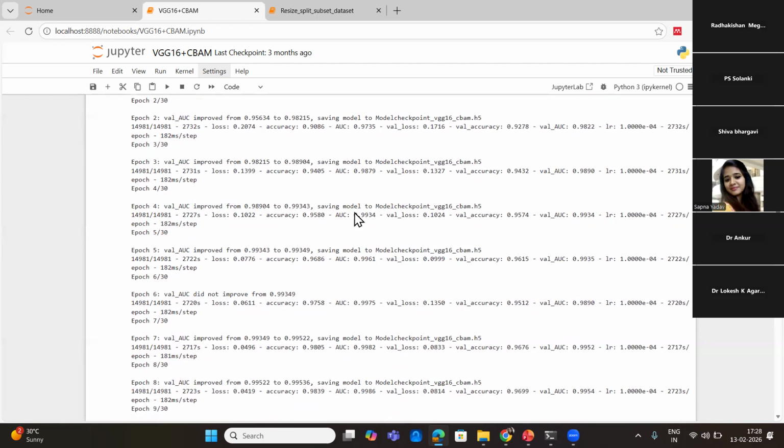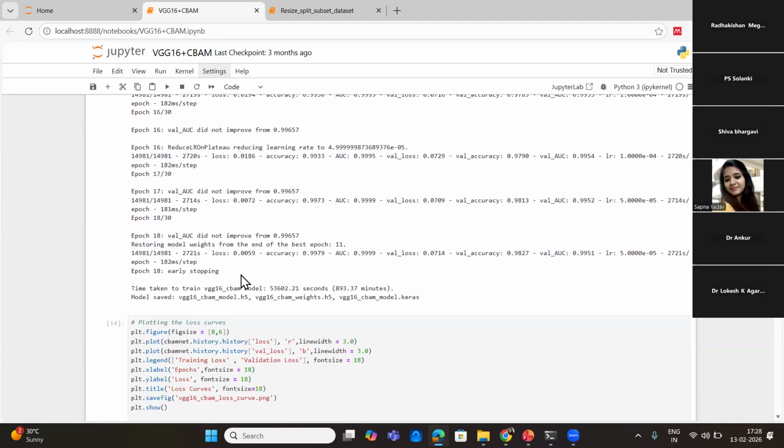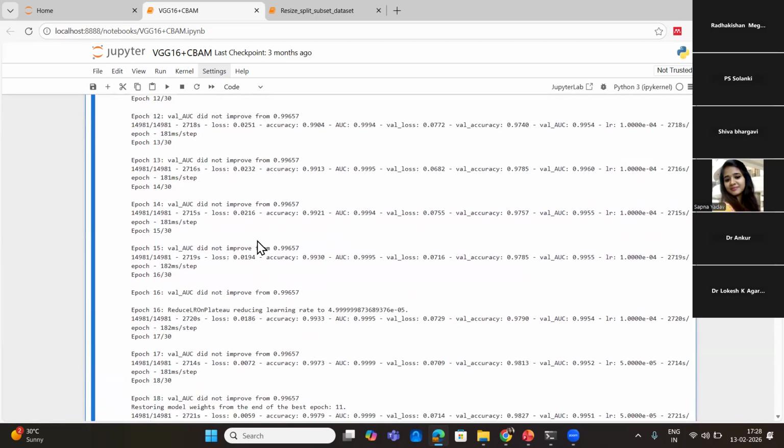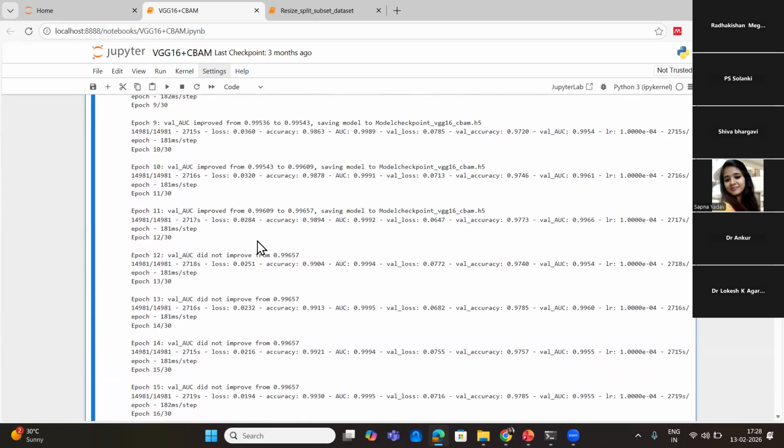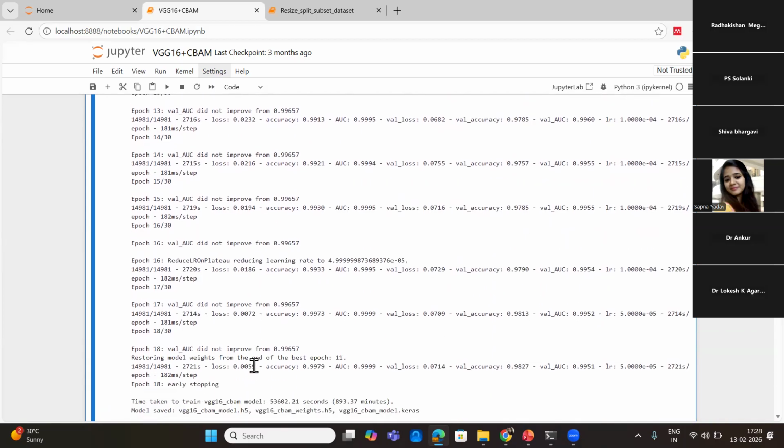So in steps of 30 we run and train the model, and after training, at the 18th epoch, the model is early stopping. The reason for that is the model is trained sufficiently, so the model is not improving. That means at the 11th epoch, the validation accuracy improved from 0.996092 to 0.99657. After the 11th epoch, at 12, 13, 14, 15, 16, 17 and 18, the validation accuracy is